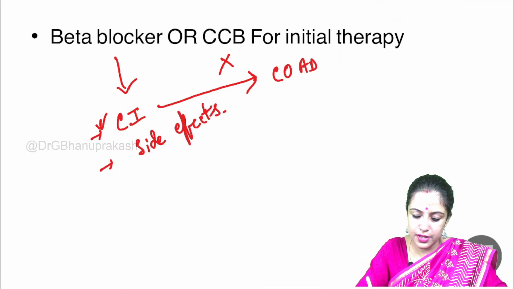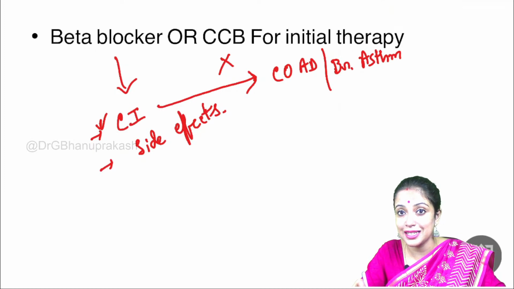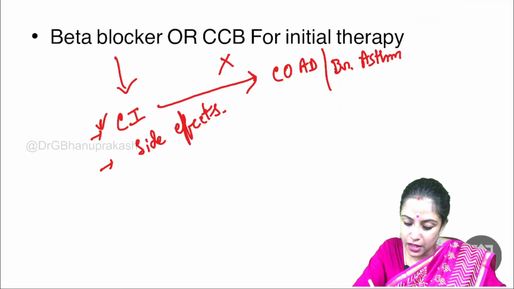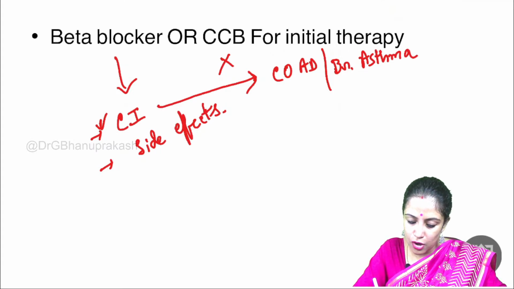Chronic obstructive airway disease, bronchial asthma. These contraindications are very important. In these cases we should not be using beta blockade because it does more harm than good. Please know about the contraindications. AV block,